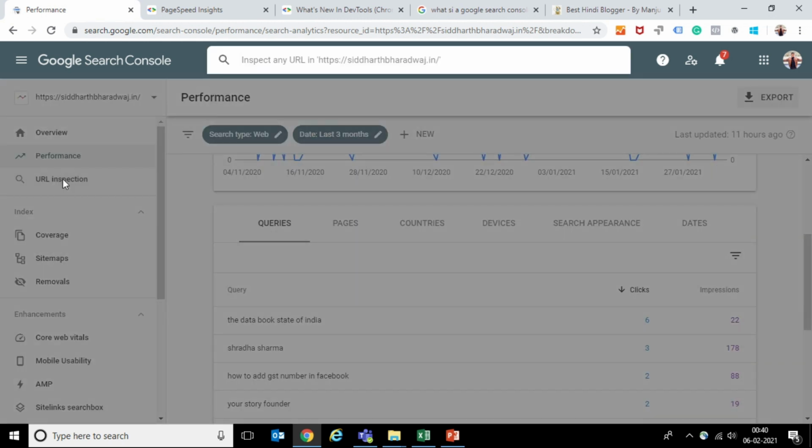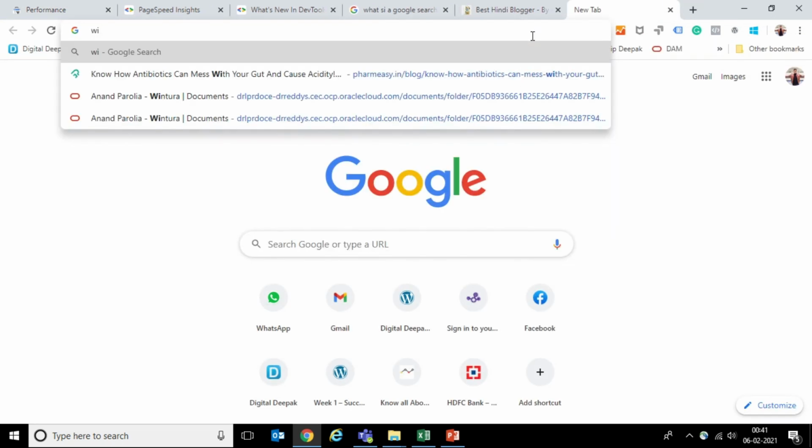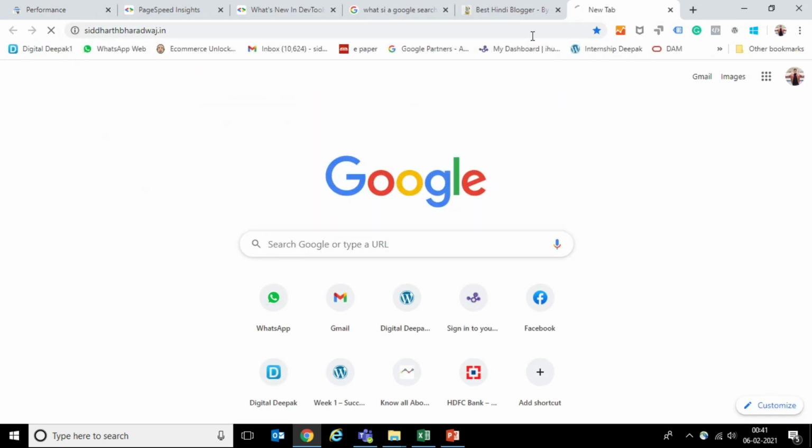Coming to URL inspection is nothing. It's basically if you want to inspect any of the internal new URLs, or you have written a new blog, you can paste it here and you can inspect. On clicking inspect, it will basically show whether that blog has been indexed or not. So let's do one together. So this is my blog.